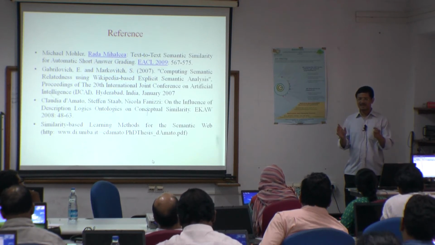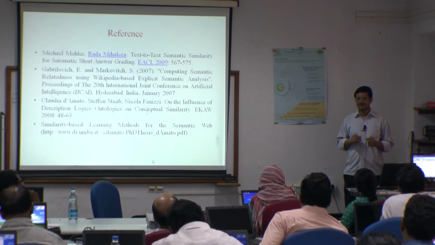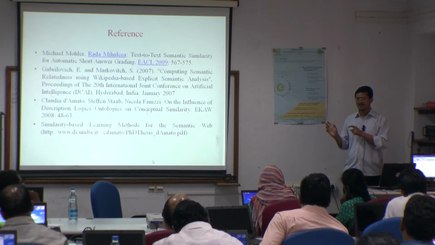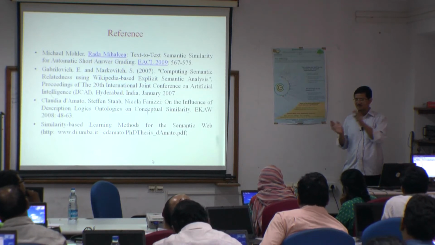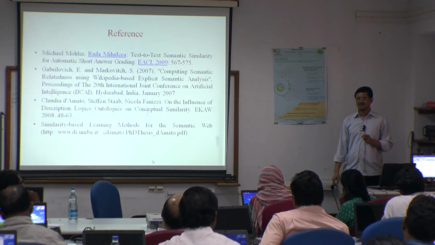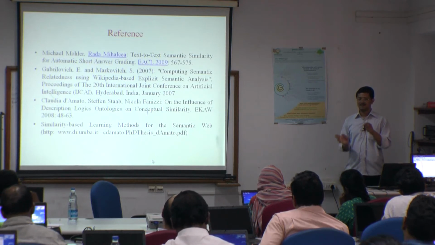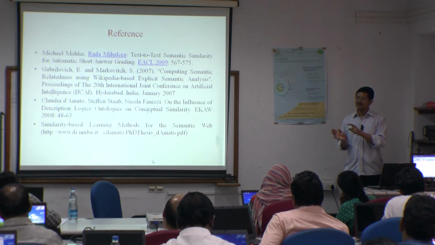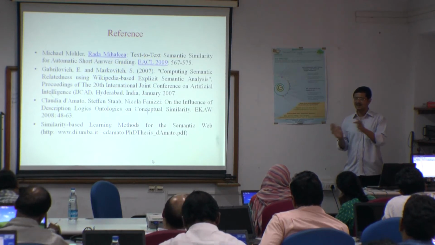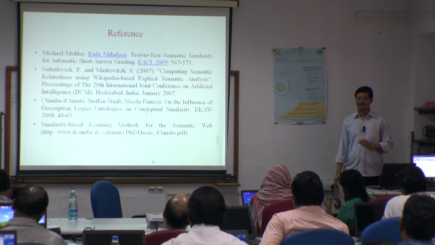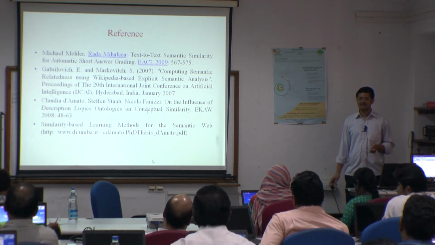Can you fulfill that gap? If you are using WordNet with Wikipedia, can you add something more, to fulfill that gap and achieve a better result, or reduce the distance between human annotation and the things that are not available and the things that are available? So these may be the research areas.